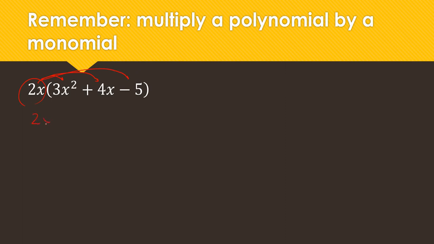So 2x times 3x squared plus 2x times 4x plus 2x times negative 5, and I get 6x cubed. Remember, I multiply the coefficients. X times x squared, I have to add my powers, plus 8x squared minus 10x. And that's my solution. Okay, so now in this section we're going to first look at multiplying